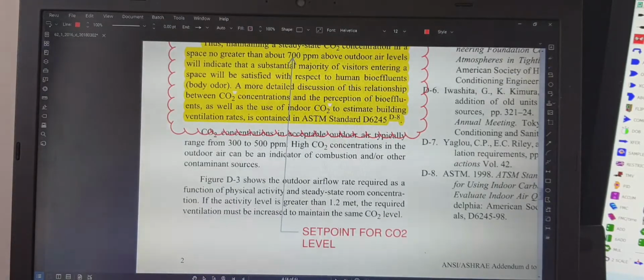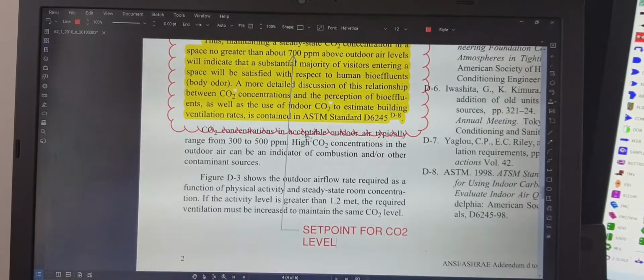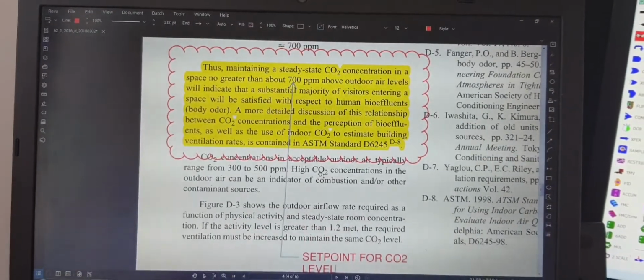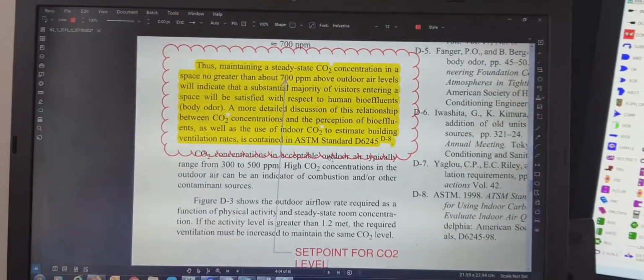That's our set point for CO2 level. That's what we are trying to maintain. So we don't need that for outdoor. If you're using outdoor, then 300 to 500 ppm is the recommended limit. Now, since we know that we have the ASHRAE standard set point of 700 ppm, we go to